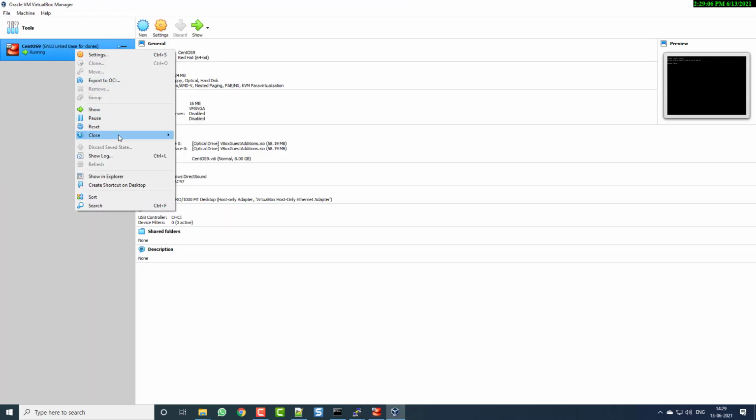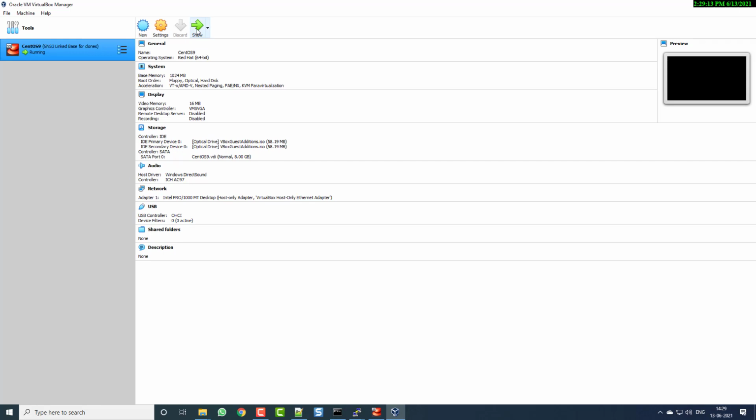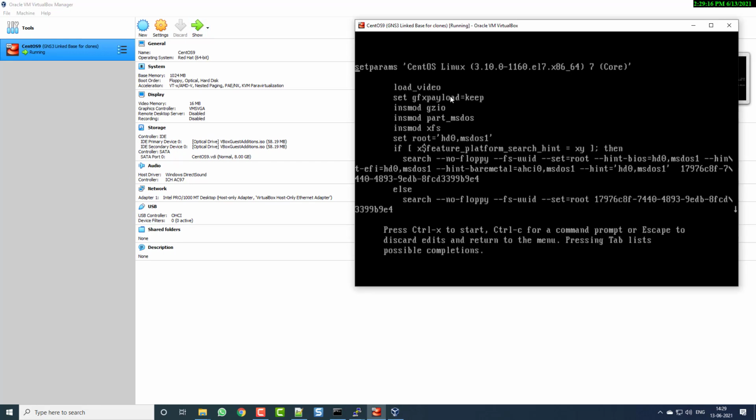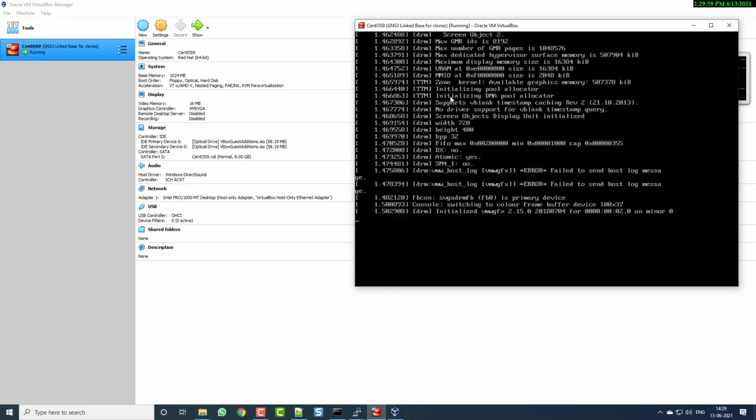Right click and restart your system. Restart it and open the console. You can press E for edit, then come down to the end of the Linux line, go to the end of the section. Here you can replace the rhgb quiet with init=/bin/bash. So I'm doing the same, init=/bin/bash. Then press the Ctrl X key. The system will now reboot with single user mode.